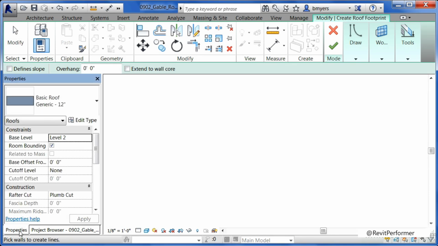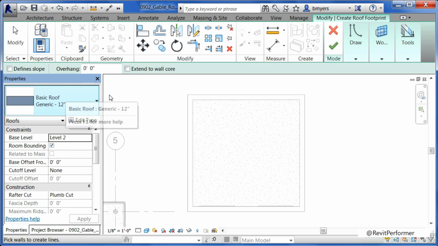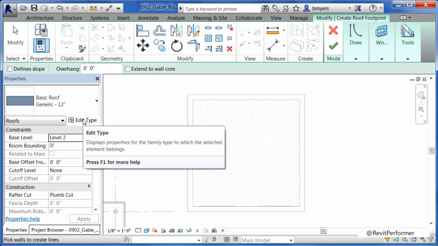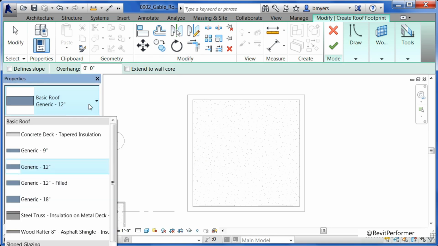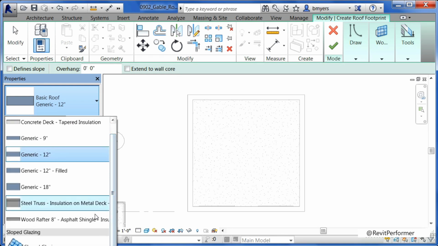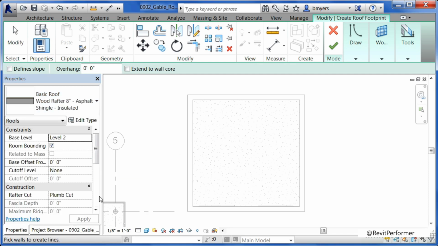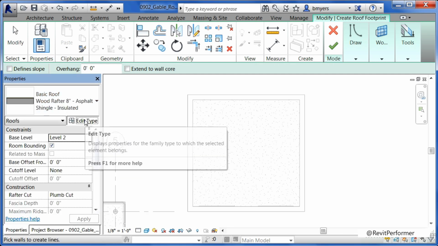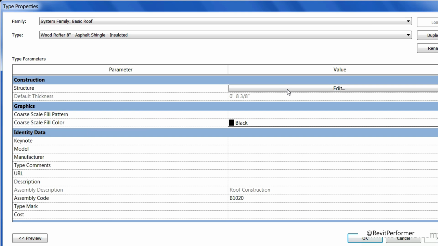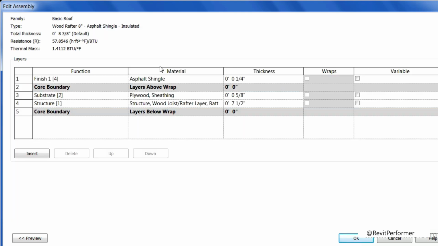The first thing is underneath Properties here, which type of roof do we want to place over our garage? You notice that currently it's set as being a generic 12-inch roof. That's pretty thick. So let's pick on the type selector list and see if there's anything else here that makes more sense. Probably the one that does in this case is going to be the wood rafter 8-inch asphalt shingles insulated. Come up here to edit type, move up here to edit structure,